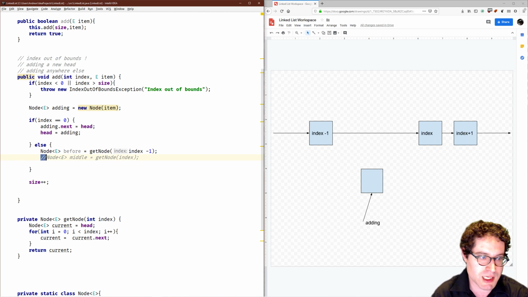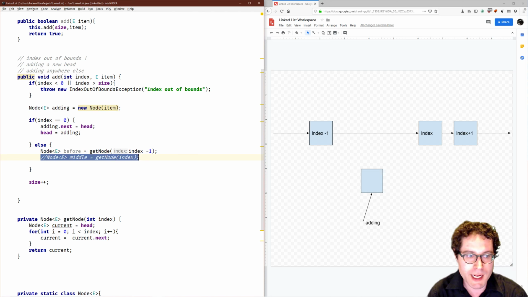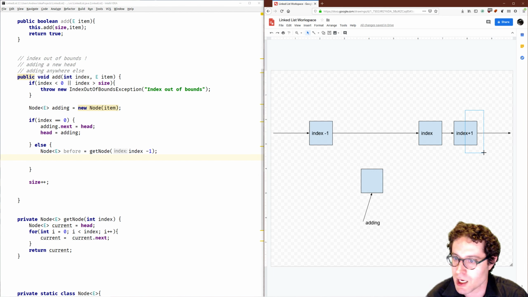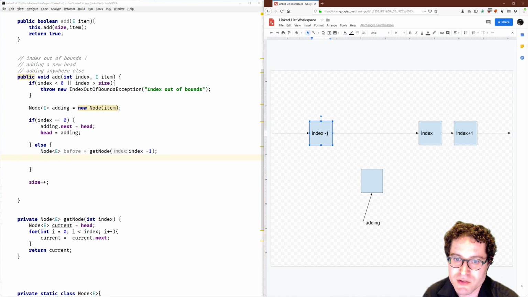Instead, what we need is before. And I'm not going to use middle because I want you to see the way this grammar works, because this is the first real place you can trip up. So let's go ahead and I'll delete this, right? We know this is index -1 over here,